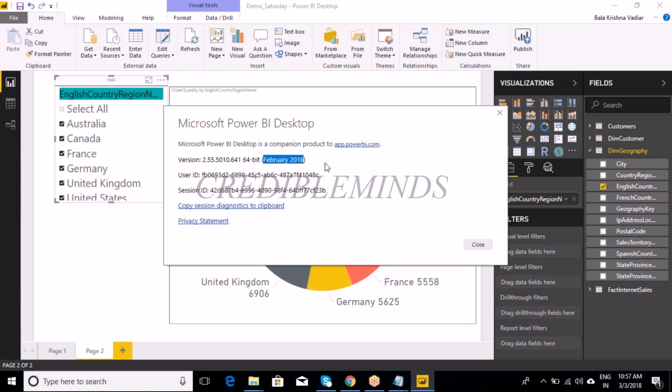If you are from SQL Server, we are in the 2017 version, right? Or if you're using MSBI, we are using Visual Studio 13, 15, 16, 17 versions. But do we have such a version here? It is not showing a 2018 version. It's showing as a February 18 version, which means each and every month they're releasing new features. They're still developing. This Power BI is still under development.